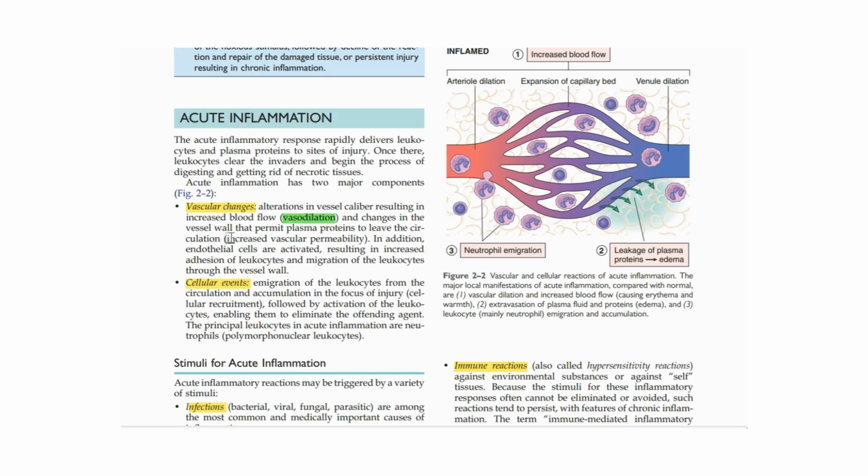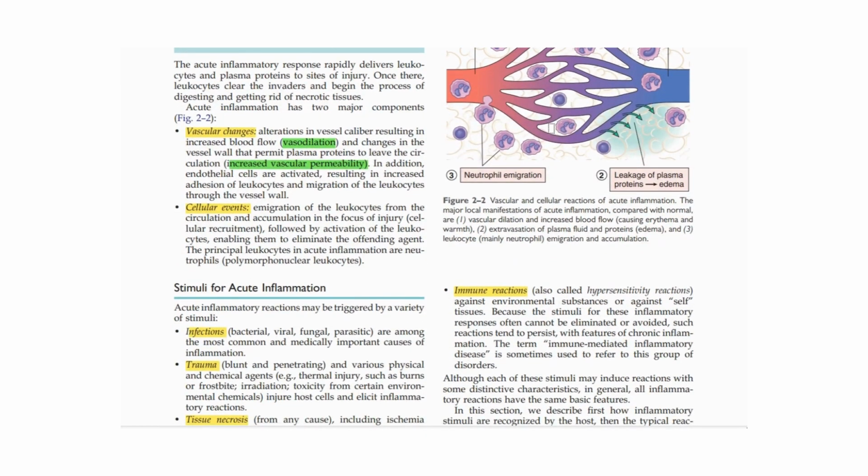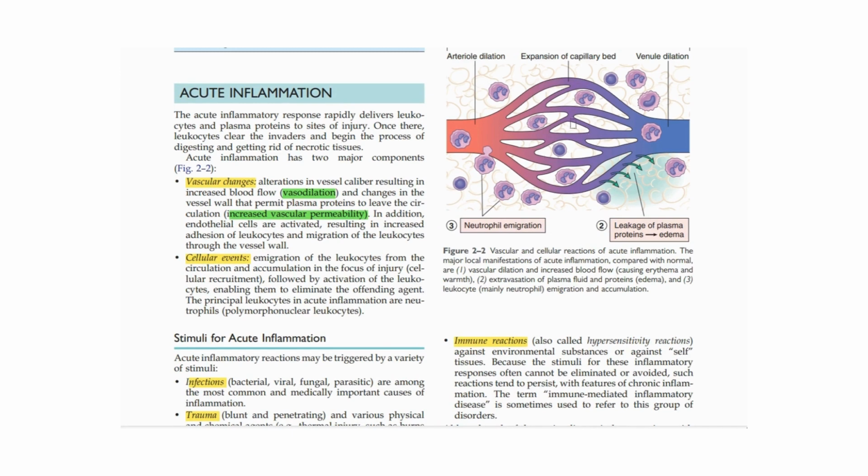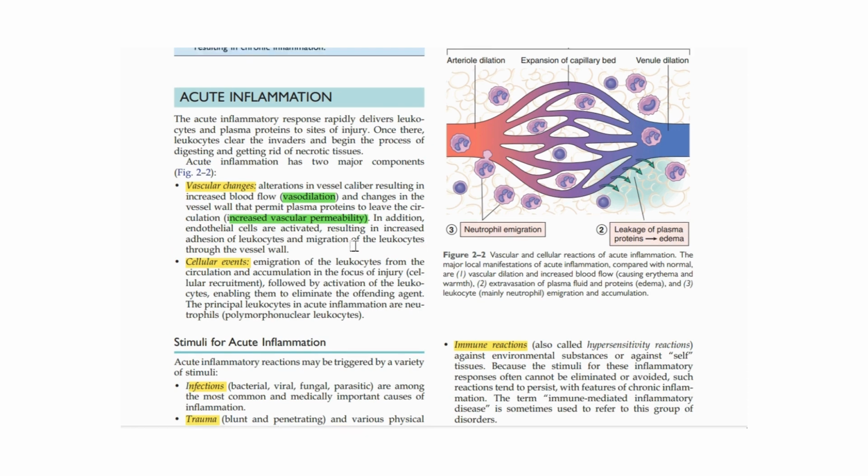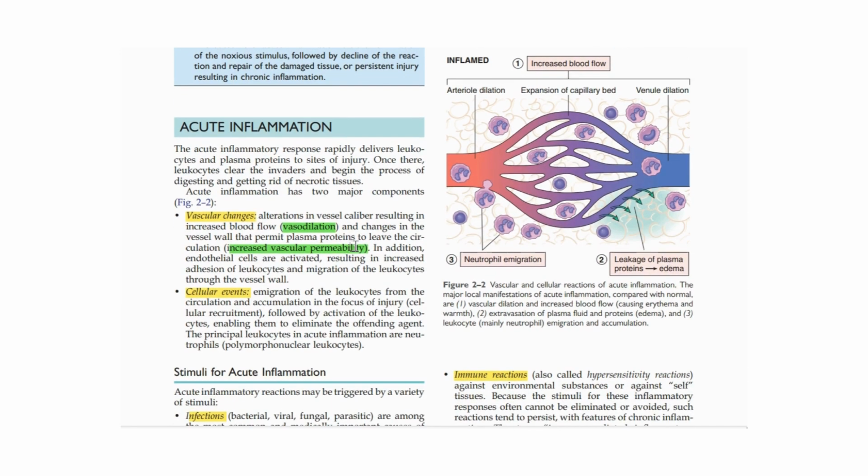Vasodilation occurs so that the blood flow is increased toward the area of the inflammation, and the increased blood flow will lead to the movement of the leukocytes toward the site of the injury. Increased vascular permeability is needed because when there is increased vascular permeability in the capillaries, there will be migration of the leukocytes from the blood into the extravascular tissue where the inflammation has occurred. The cellular events involve the migration of the leukocytes from the circulation into the extravascular compartment where the